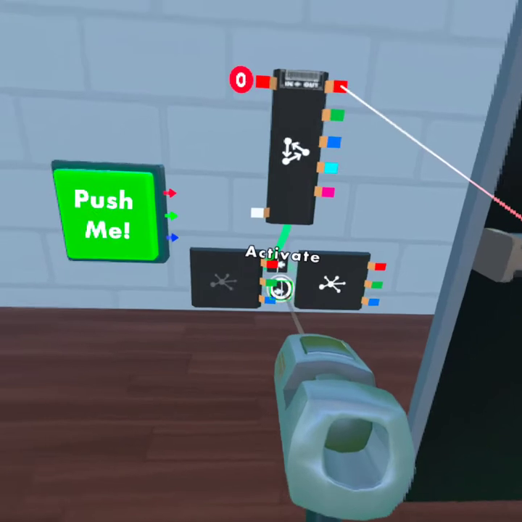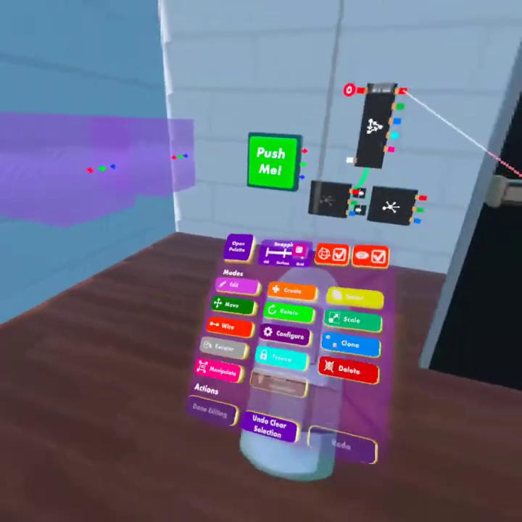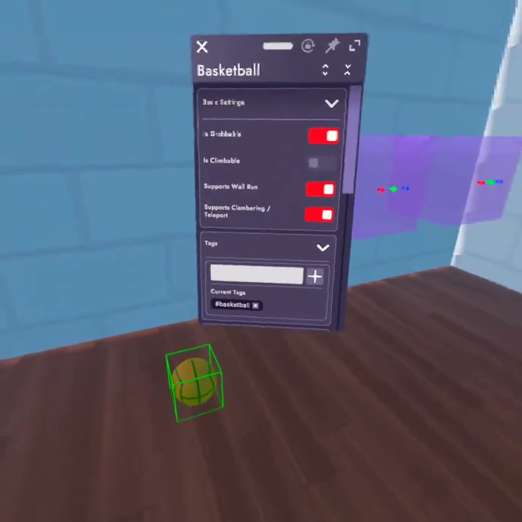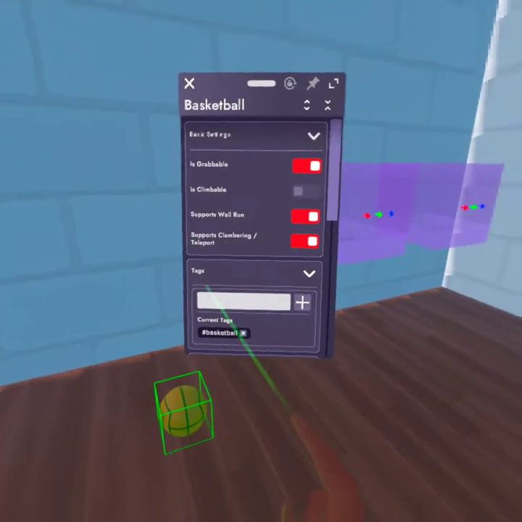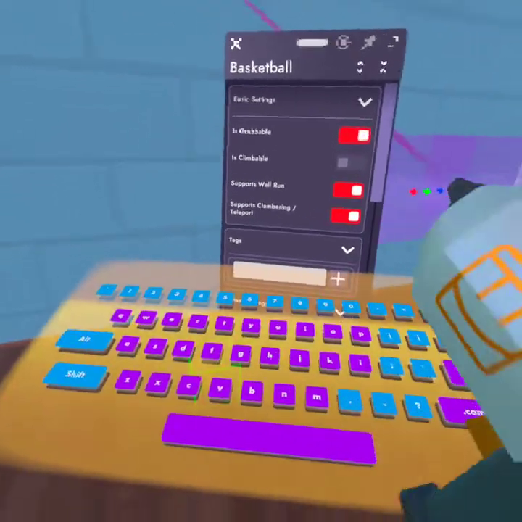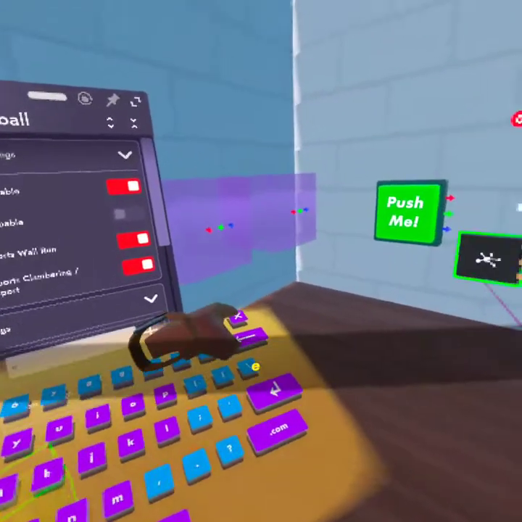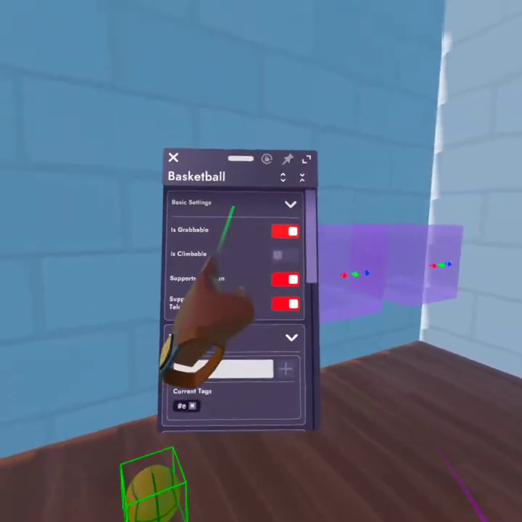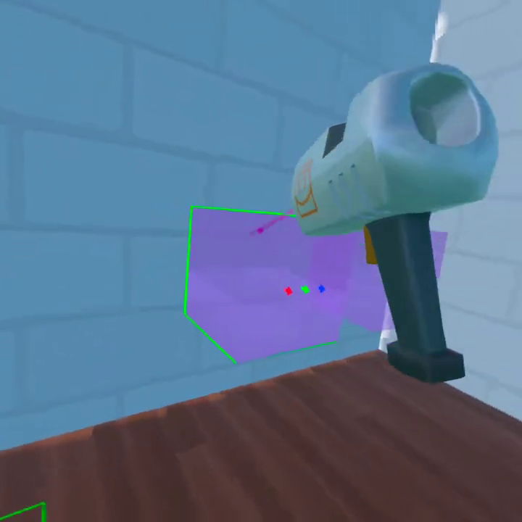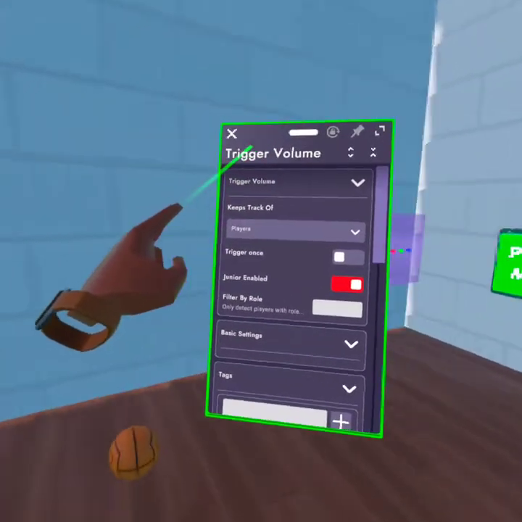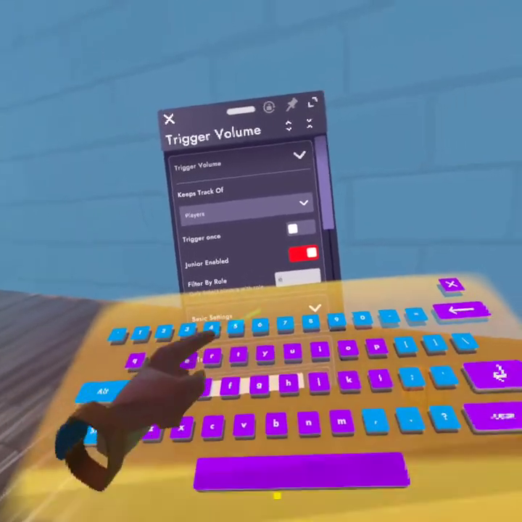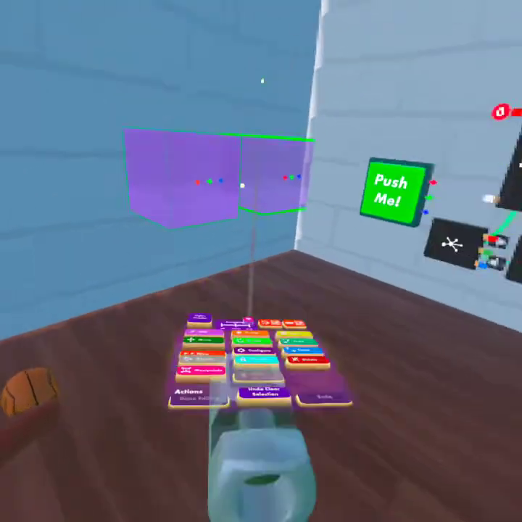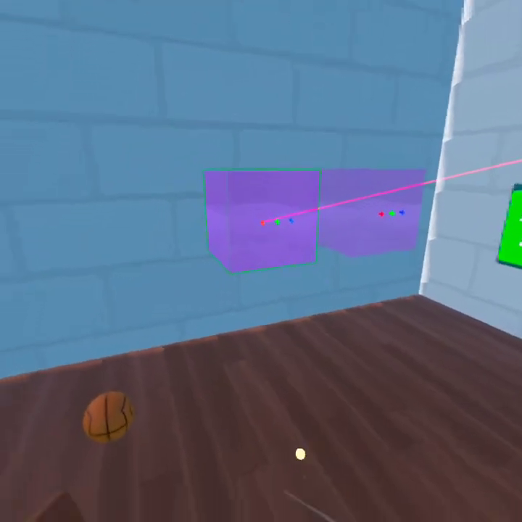Now the last one is the ball. Now you want to press configure, and you want to configure whatever object you've got, and you want to add a tag. So let's say I just put in E. I did that, and then I press the add, which is plus, and then I configure the trigger volume, and I filter by role, and I put E. Now, when I wire that when enter zone,